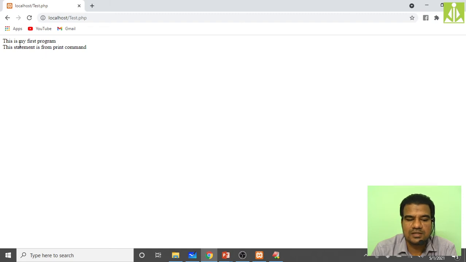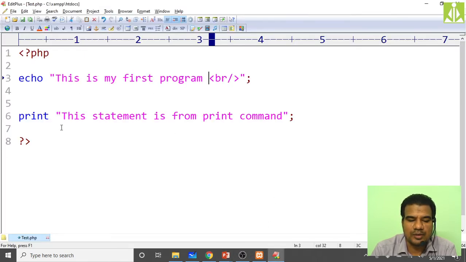Yes, you can see this is my first program, and this statement is from print command. Likewise we are getting the output in 2 lines. Hopefully you understood. This is how you can print the output in multiple lines, using the br tag, the break tag. So using echo you can print, and using print you can print the stuff on the output screen.